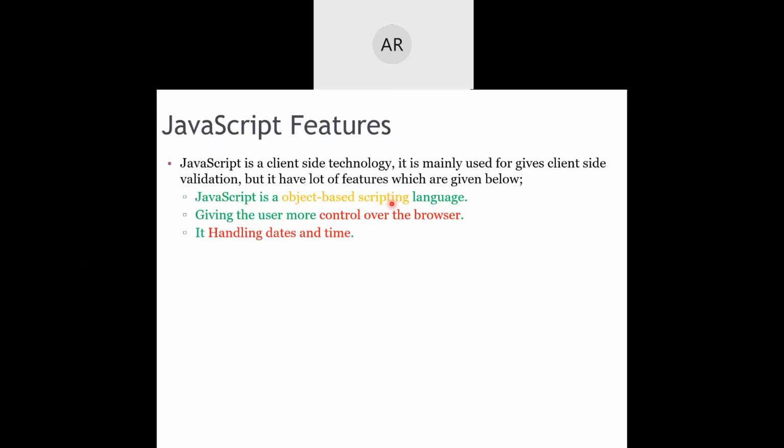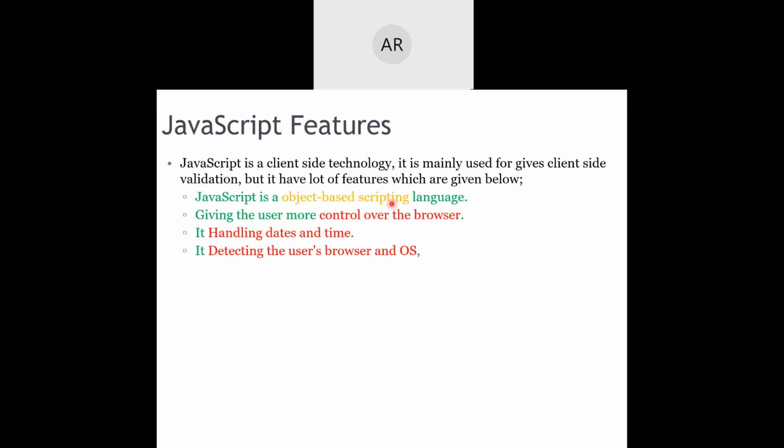The third feature is that it is also used for handling date and time for our website. It is used for detecting, suppose I want to know what machine or client interacted with my website, which browser was used for the interaction, and also which operating system was used.